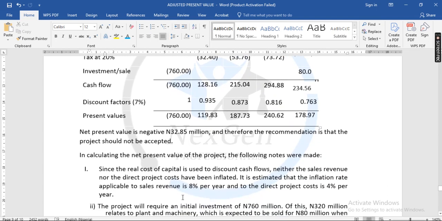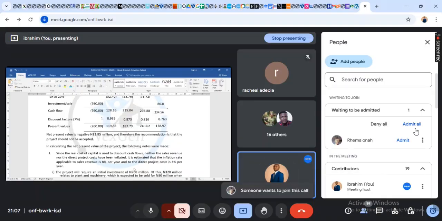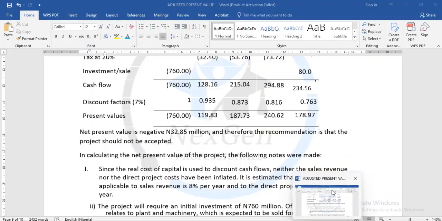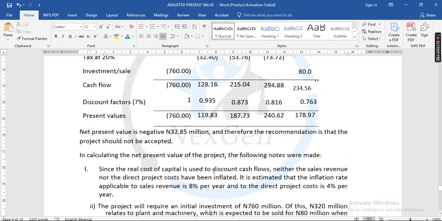Now, in calculating the NPV of the project, the following notes were made. Right? The following notes were made. What is the first note? The first note is that since the real cost of capital is used to discount cash flows, neither the sales revenue nor the direct project costs have been